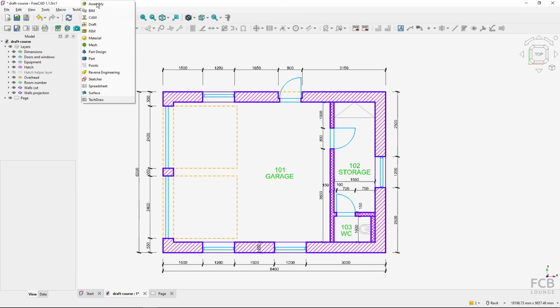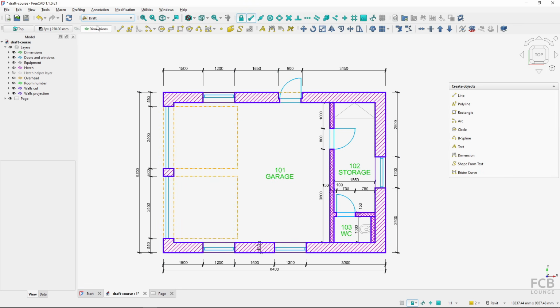So I will go back to the Draft Workbench and I will create a new group. So I will click this new group and I will name it Drawing